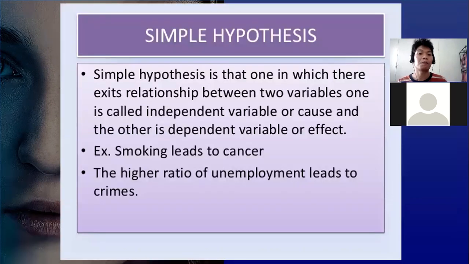We have various types of hypotheses. First is simple hypothesis. Simple hypothesis is that one in which there exists a relationship between two variables. One is called independent variable or cause, and the other is dependent variable or effect. Halimbawa,